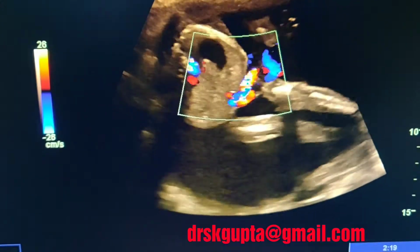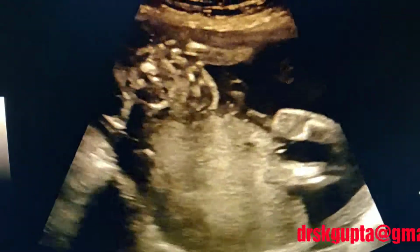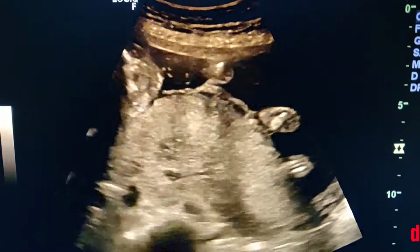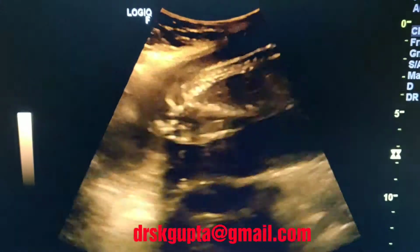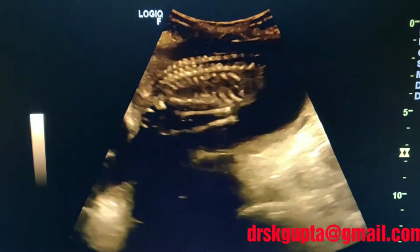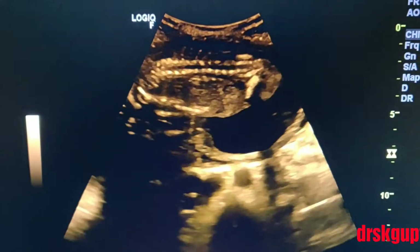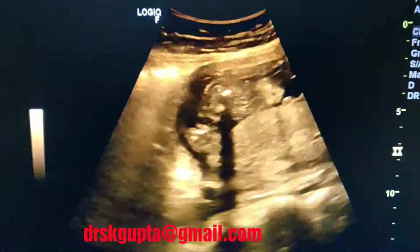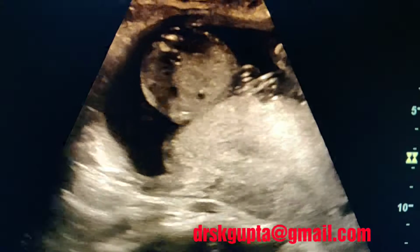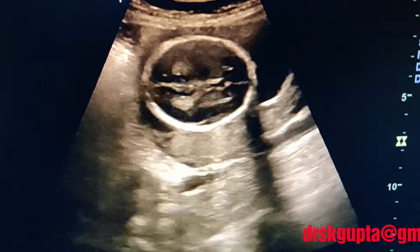The cord attachment should be defined at both the places, in the placenta as well as the baby's abdomen, and rule out the herniation of any abdominal contents into the cord. This spine section again, spine should be seen anteriorly. If it is posteriorly seen, then try to wait for some time till the spine becomes anterior. And now you take the section of the spine in the axial view. I start from the stomach and move ahead and backwards both the sides to scan the whole spine